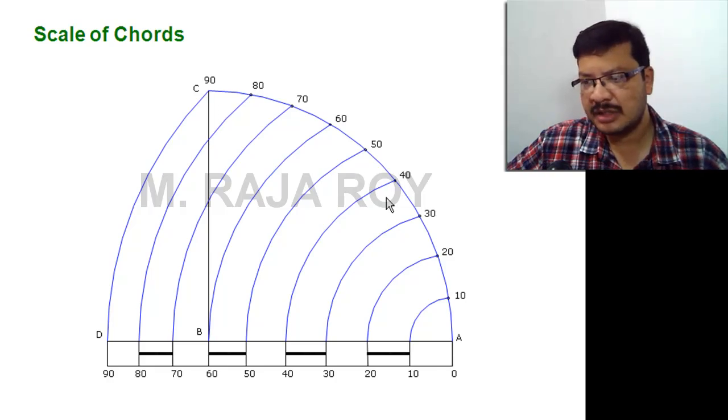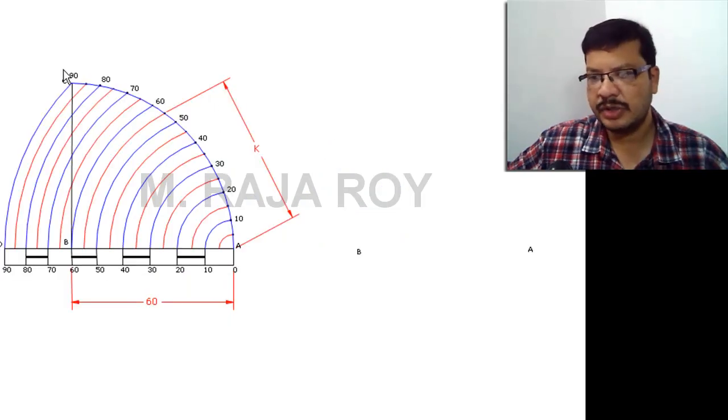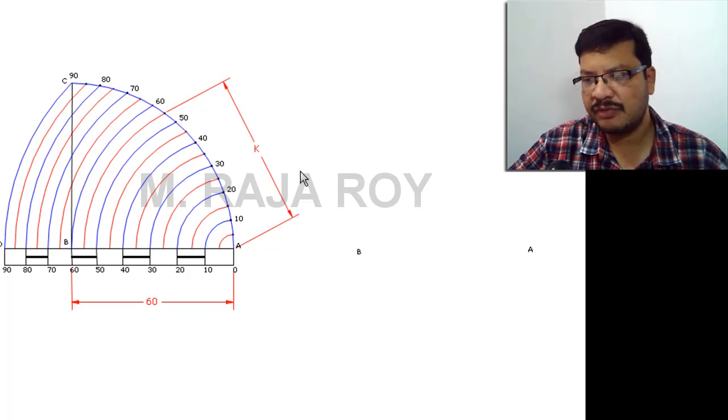Here scale of chords is constructed for 10 degree. I want to get 55 degree. Then I have to consider the midpoint here, and through that midpoint I have to draw one more arc as shown here. So in between 50 and 60 I am taking the midpoint, I am drawing one more arc. To mark an angle of 55 degrees,